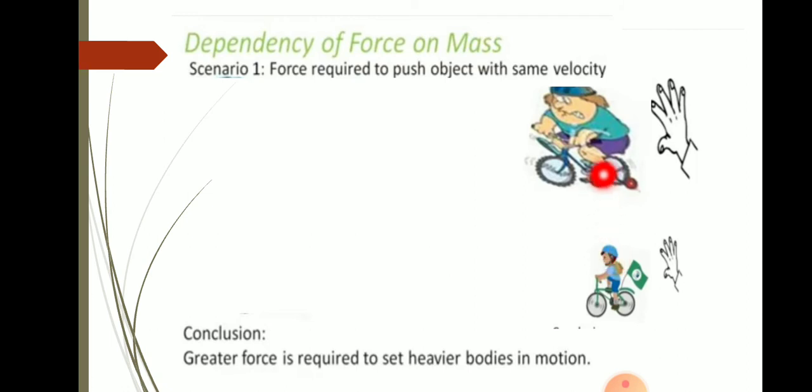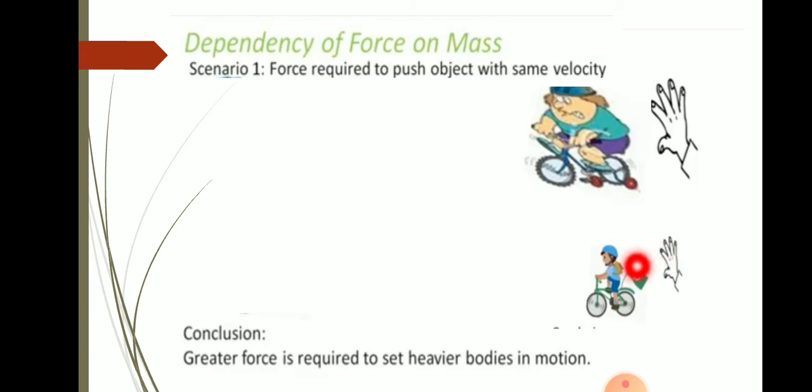Now you can see here these two persons; we want to move them with the same velocity. So we have to apply an external force. For the heavier object, you can see the mass is more, and in the second case the mass is less. So we require more force to move a heavy mass, whereas in the second case less force is required